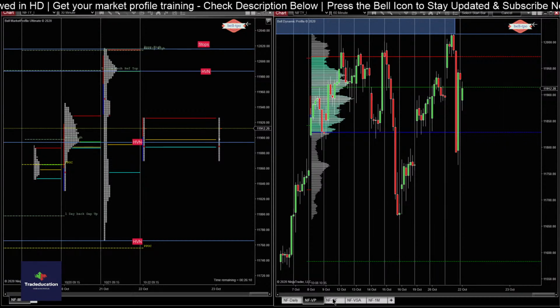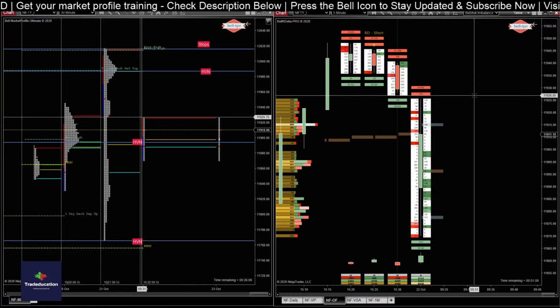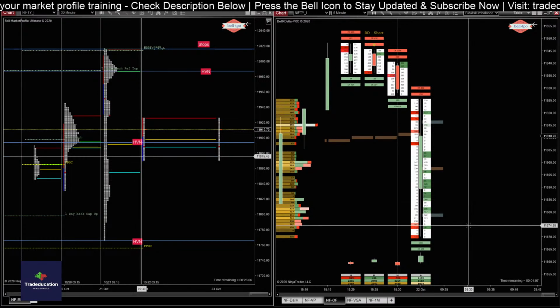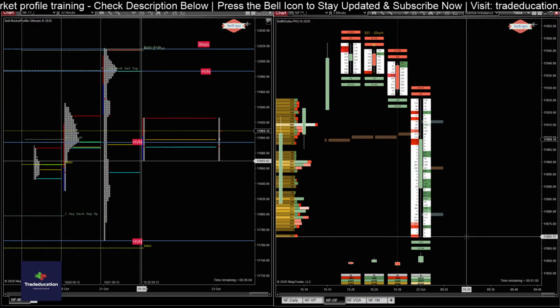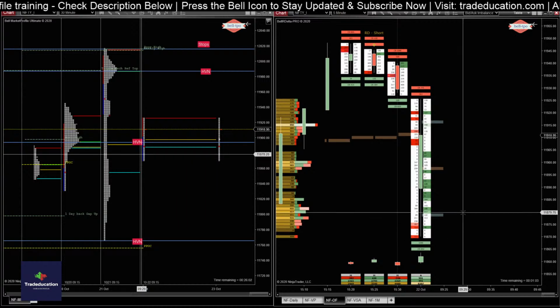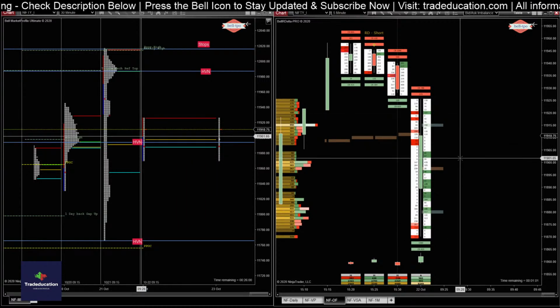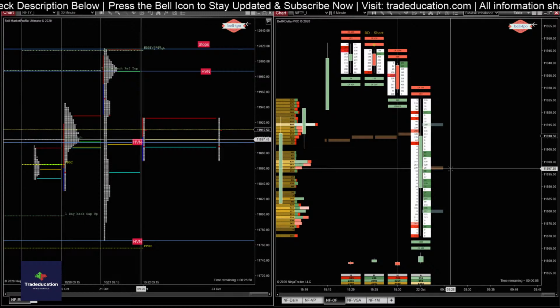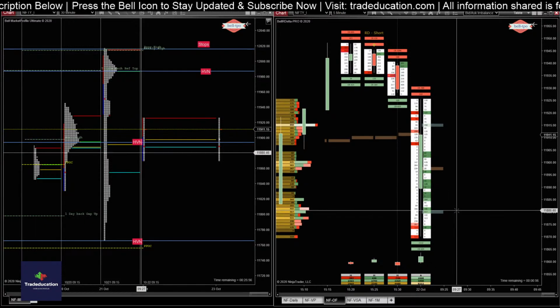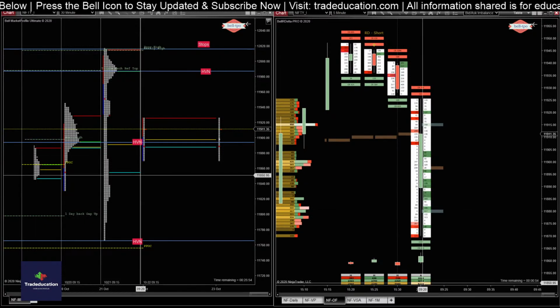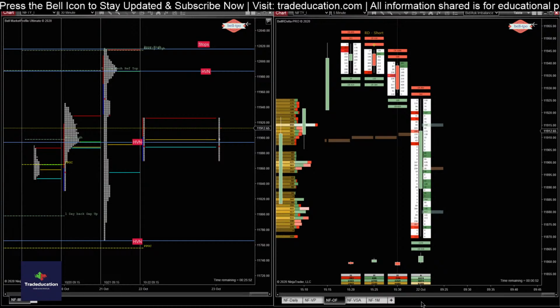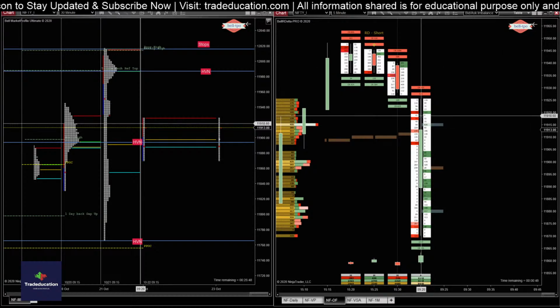Let me jump to the order flow chart. High is weaker, low is okay, secure low. There are some unfinished auctions there, some unfinished auctions above VWAP and below VWAP. So let it all get repaired. 8,000 contracts already traded. We are still 50 seconds to go before the auction closes for the first 5-minute candle.